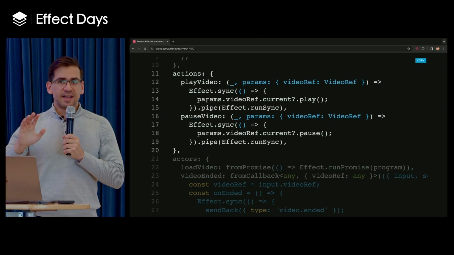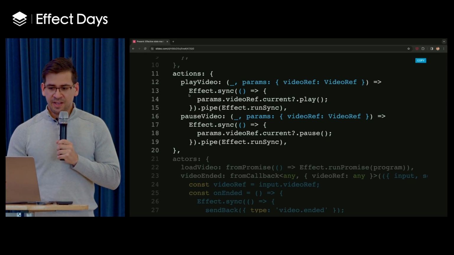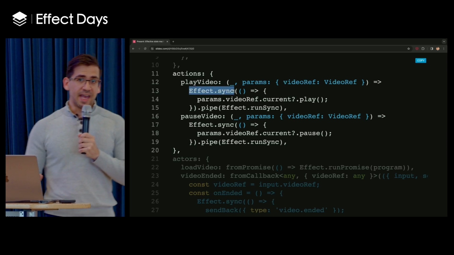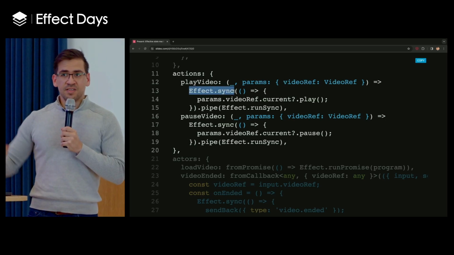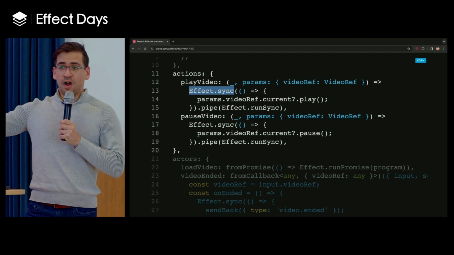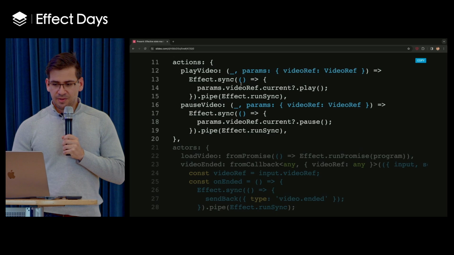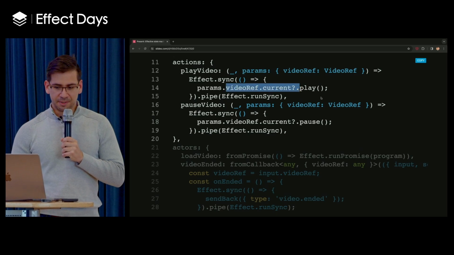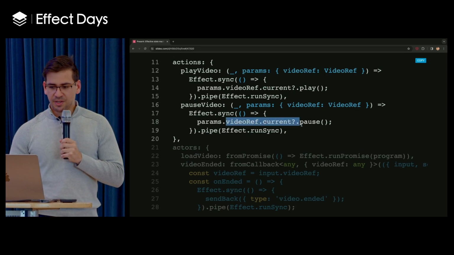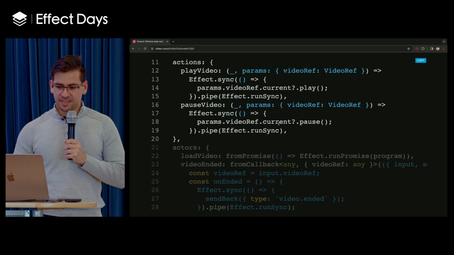So I'm using Effect at a very basic level over here. I'm just using Effect.sync for the actions because actions, these fire and forget actions, are really meant to be synchronous. So for play video, I'm just getting the video ref and I'm playing it. And same thing for pause video, I'm getting the video ref and I'm pausing it.